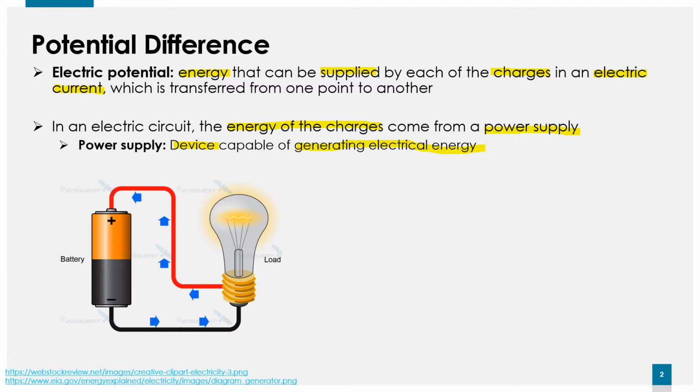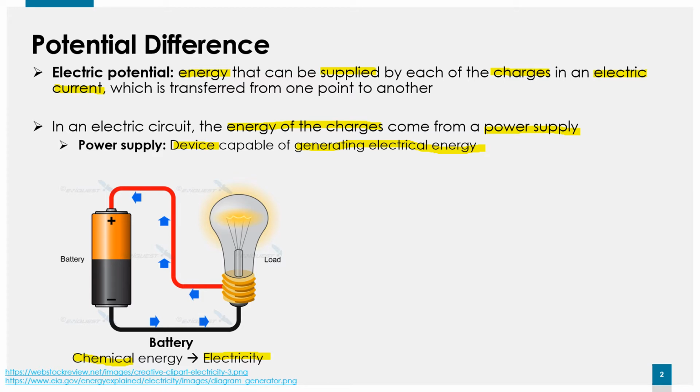What kind of supply? For example, a battery. A battery supplies energy, and this energy is transformed from chemical energy to electricity. So a battery is one kind of device that we call a power supply